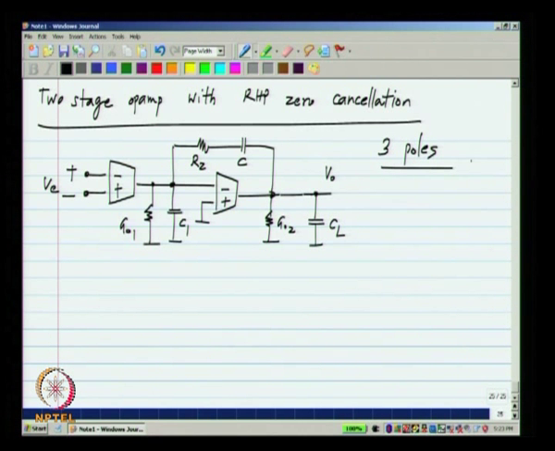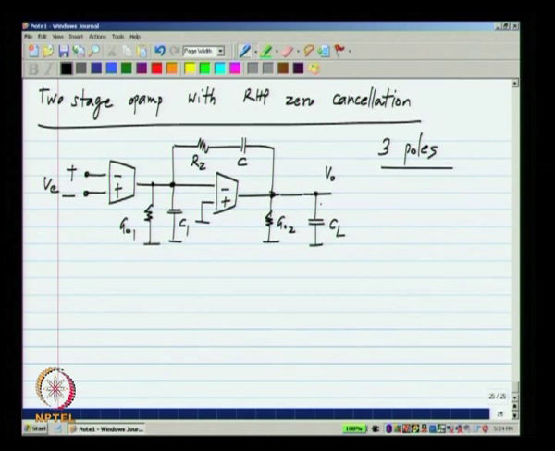Now, this again is something that keeps happening in design that you should be aware of. Whenever you try to fix some problem, some other problem may come up. It may or may not be severe, but it is something to be investigated. Here what did we try to do? We tried to eliminate the right half plane 0 because it was causing phase lag. We got some technique, and then when we finally put it in the op amp, we see that we may not have a right half plane 0, but we will have an extra pole which also causes phase lag. So, you have to evaluate it more thoroughly to see that the phase lag caused by the extra pole is not ruining the advantage you got by eliminating the 0.